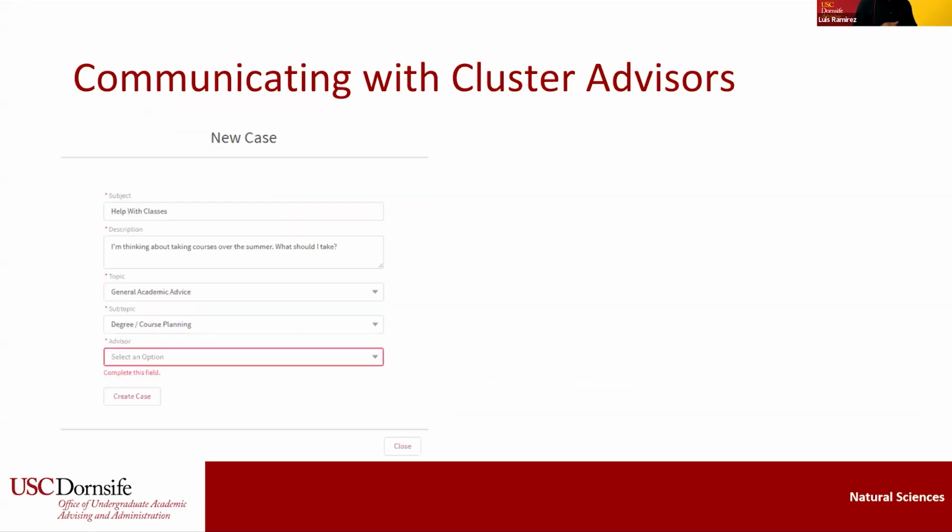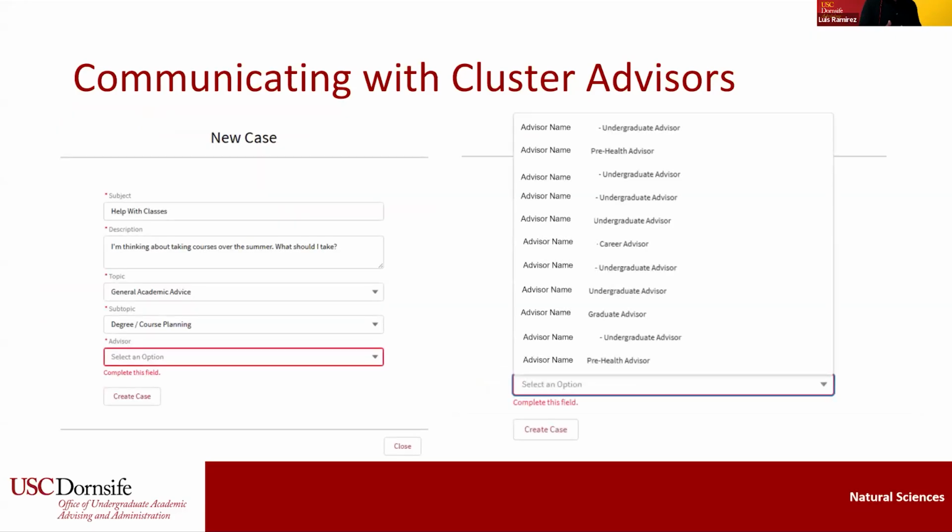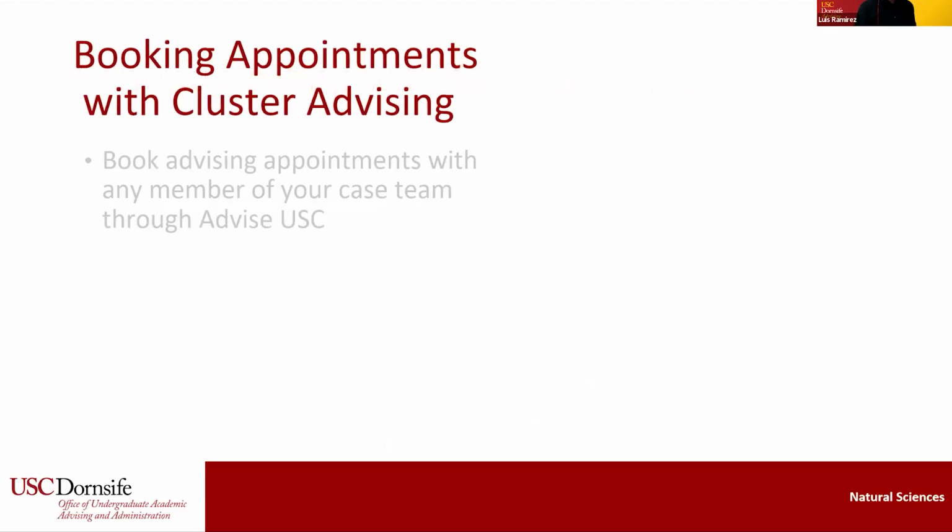And after you do that, you will be able to see before you some of the options here for creating a new support case. But I want to focus in on the part that says advisors. So note that the advisor dropdown list, you can reference the success team section that we just viewed when we were talking about the platform Advise USC to begin with. That will show your advisor and who it is in your focus area. Once you're ready, you'll select Create Case, and that'll submit the next steps.